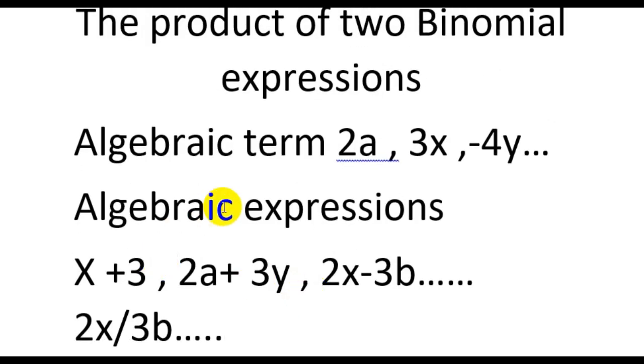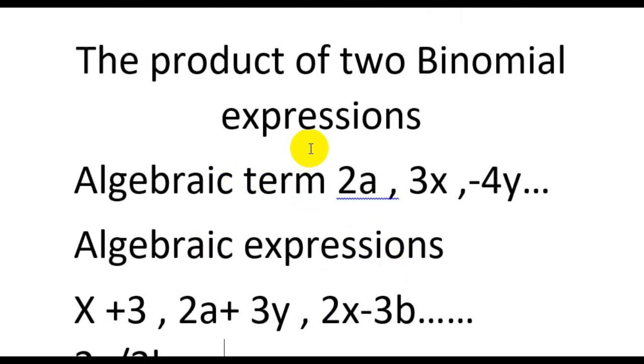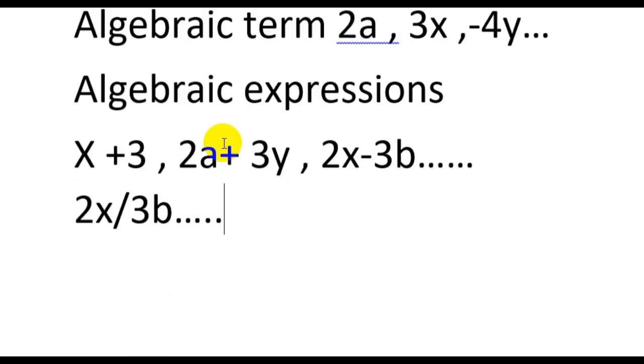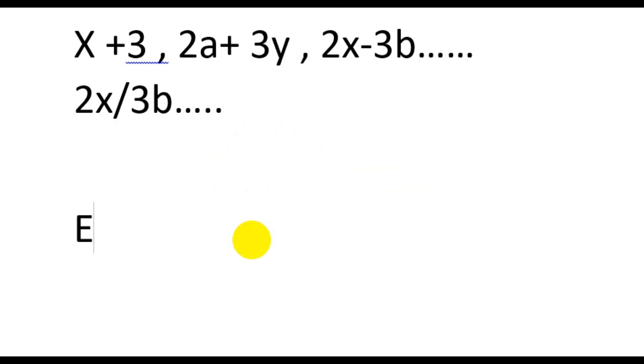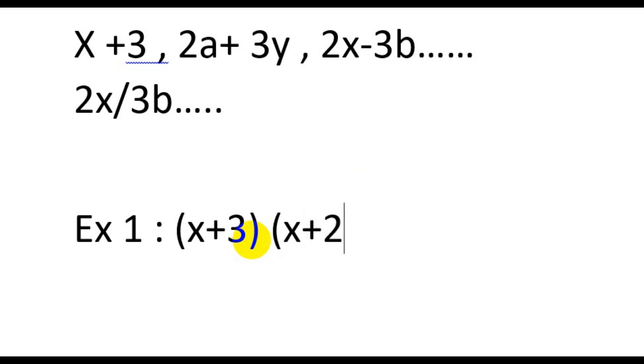Today, as I mentioned, we are going to find the product of two binomial expressions. Let's take one example, a simple one. We are going to take the product of x plus 3 and x plus 2. In other words, x plus 3 we are going to multiply by x plus 2. Which means each of the terms we need to multiply with the other terms,